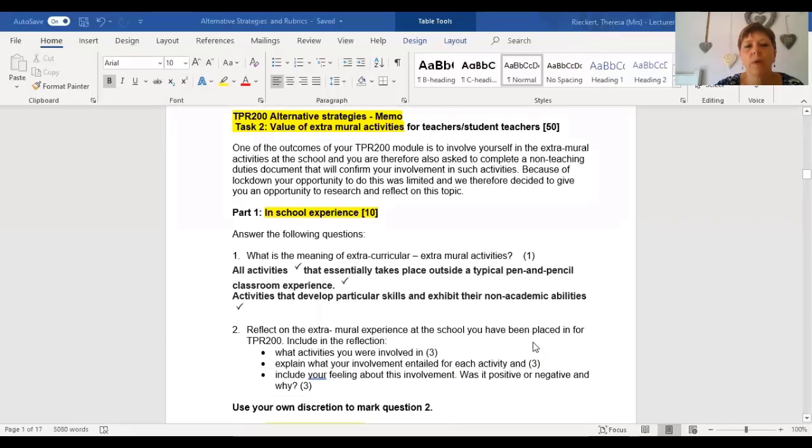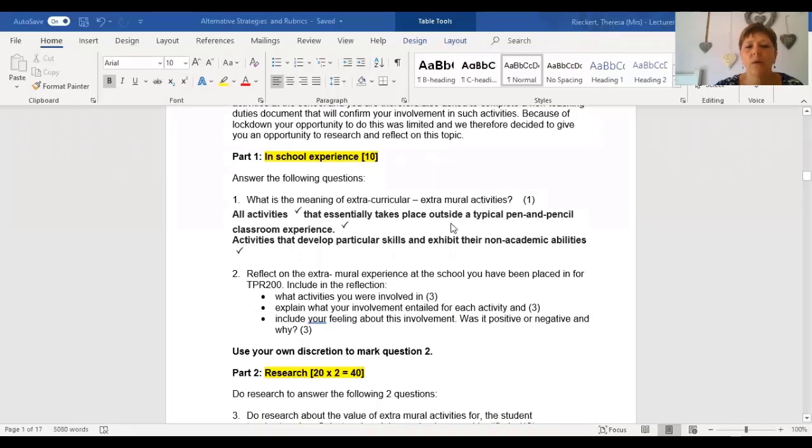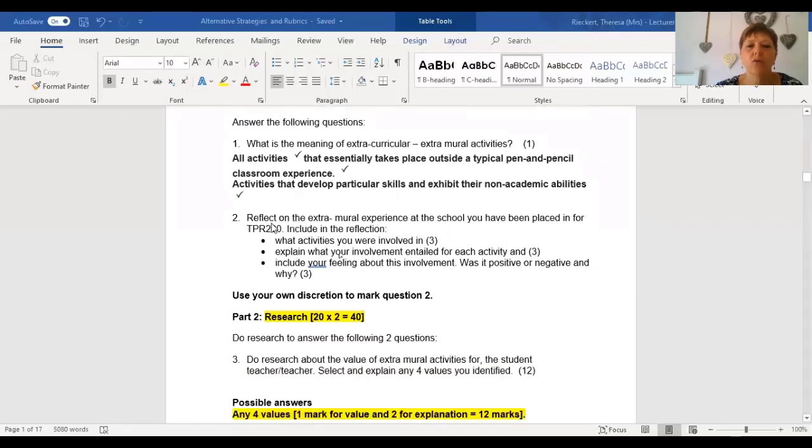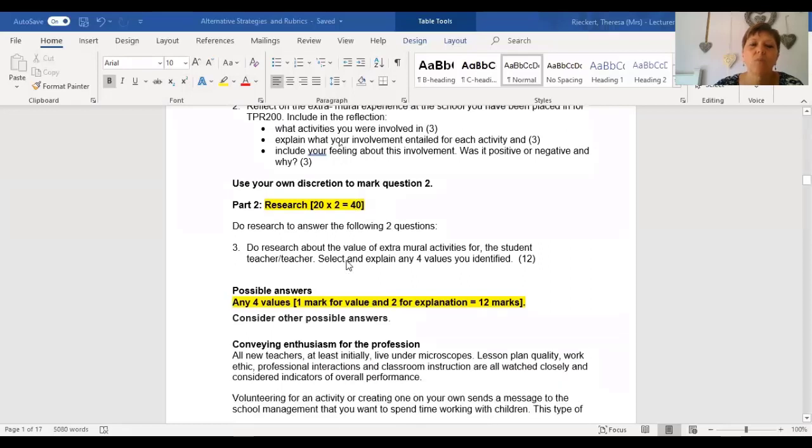So yeah, you've got your memo for question 1, possible answers, but question 2, where they had to reflect on their teaching practice experience, you will have to use your own discretion. There's no set answer because everyone would have been involved in different things. So you will have to use your discretion there. And then when it comes to part 2, where they did the research, where they had to choose 4 values for student teachers or teachers for being involved in extramurals,